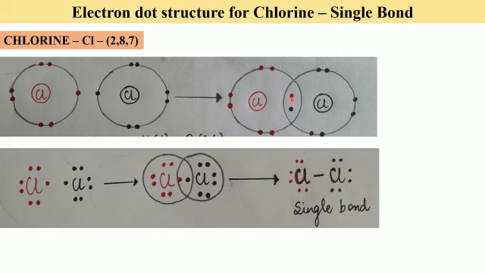So here 1 electron is given by this chlorine and 1 electron is coming from this chlorine. So one pair of electron is being shared. It is shown in the overlapping region here. Since one pair of electron is shared between the two atoms of chlorine, it is going to be a single bond. So if you count, it comes out to be 8 electrons each. Here we have 2, 4, 6 and 8. Again here for the other chlorine, 2, 4, 6 and 8.